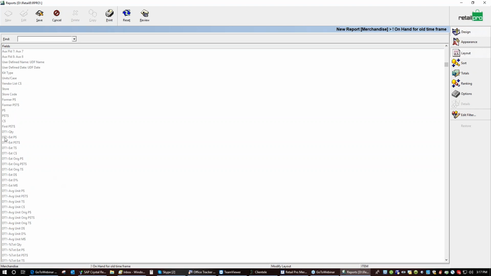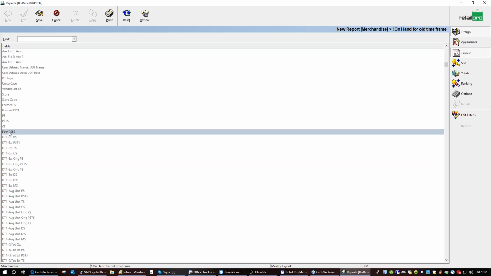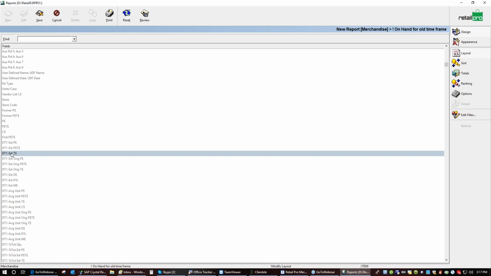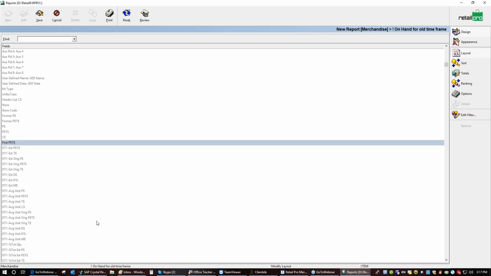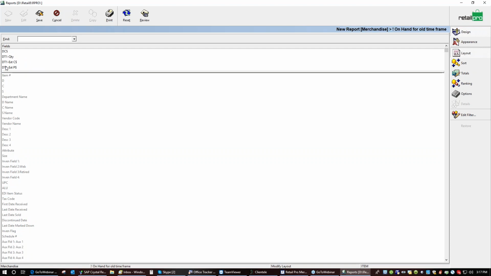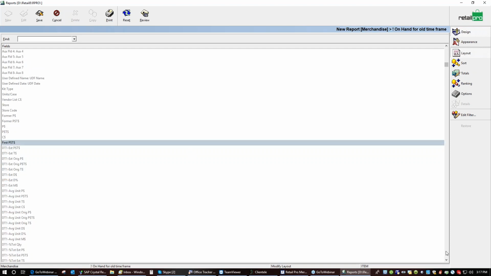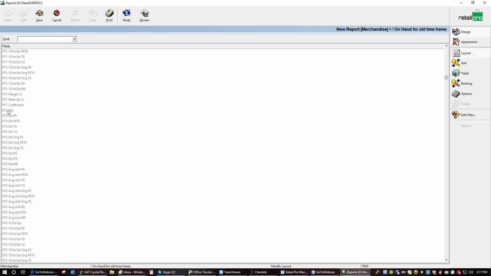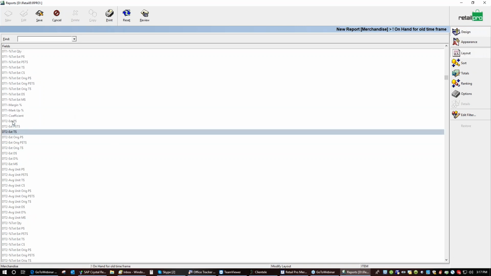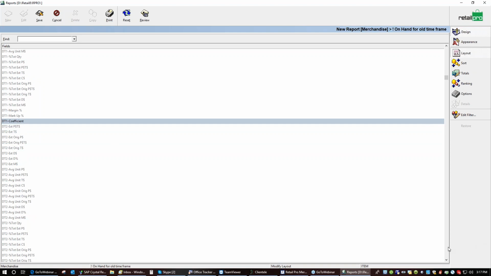But I'm going to scroll down until I get to the DT section, or the data type section. Now remember, we had 5 DTs set up. For each of those DTs, I want to see the quantity on hand, I want to see the cost, and I want to see the price. Okay? So if I look, I now have quantity, cost, and price. Now I'm going to go down a little bit further. They're all in order, and they're always in the same order: quantity, cost, price. Come down to the 3s: